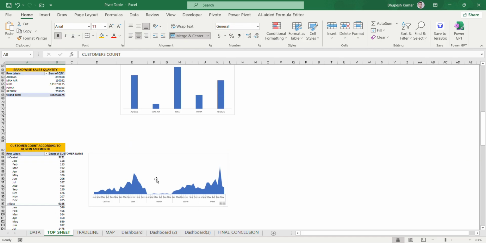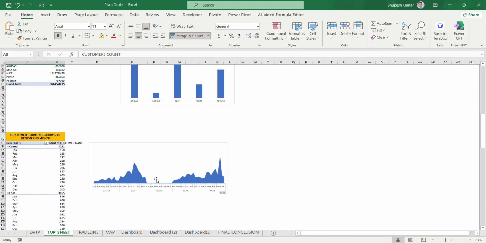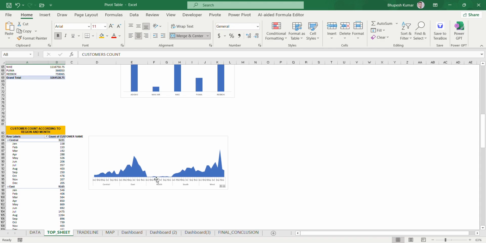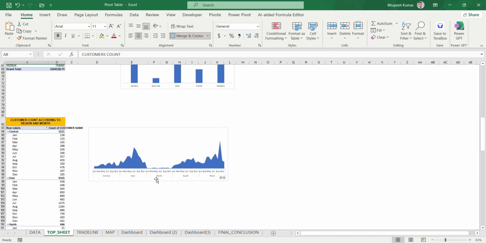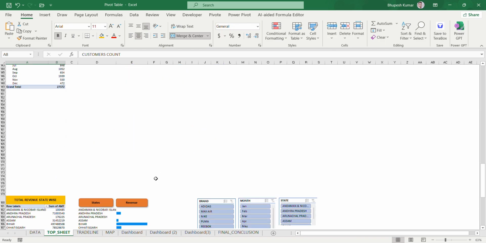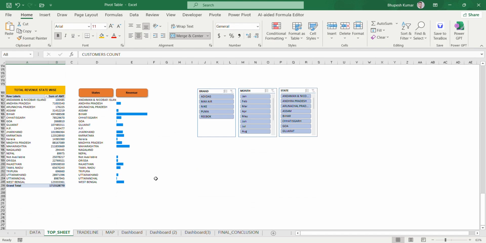Then I created the fourth table where I identify the customer count according to region and month and visualizing by using area chart. Then in the fifth table I visualize state wise revenue, and here I created three slicers which help to make our data set more interactive.